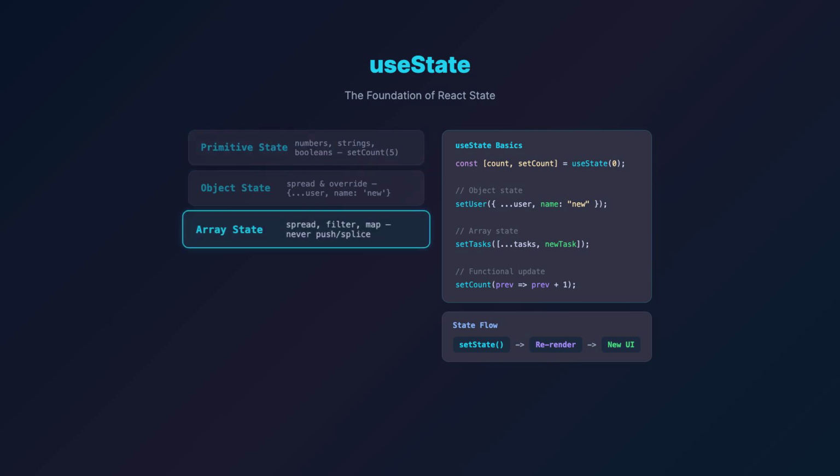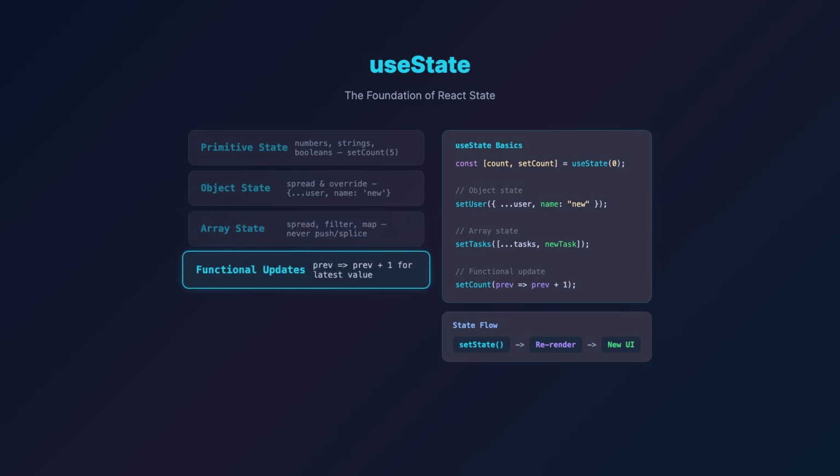Array state follows the same rule. Never push or splice. To add an item, spread the old array and append. setTasks([...tasks, newTask]). To remove, use filter. setTasks(tasks.filter(t => t.id !== id)). To update one item, use map. setTasks(tasks.map(t =>